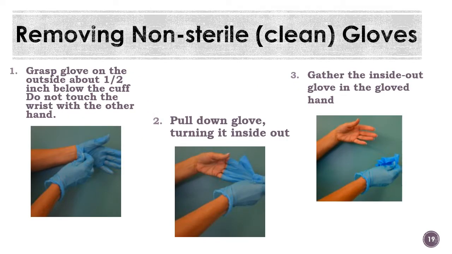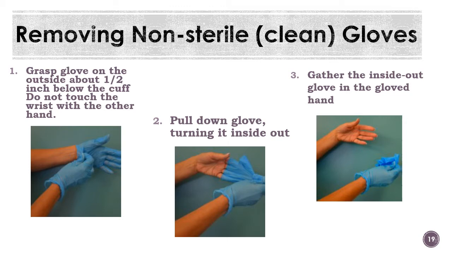Okay, so now that the treatment procedure is finished, how do you remove the gloves? So the first step is that you grasp the outside of the glove near the cuff. You try and grab it half an inch away from the edge of it. And you do not touch your wrist with your hand because your glove is now infected by your patient, it's considered dirty. So what we do is we grab the outside of the glove about half an inch